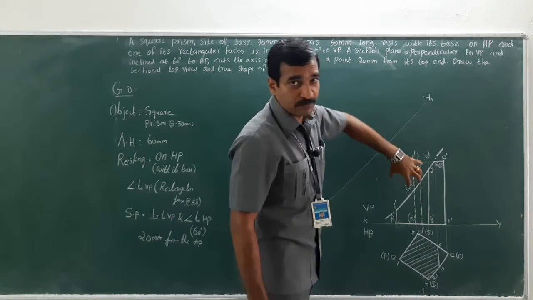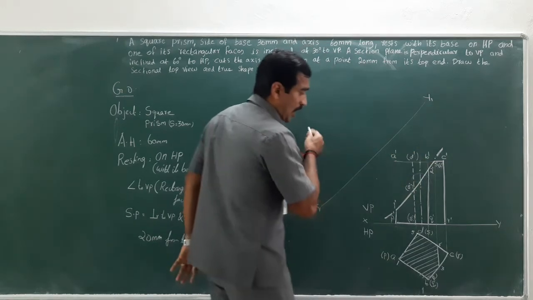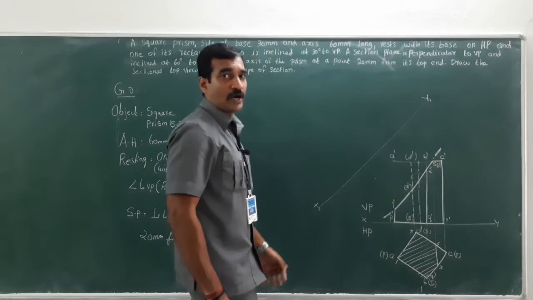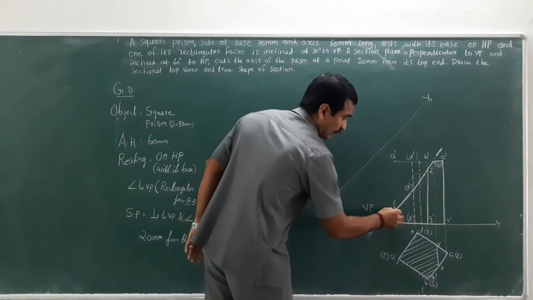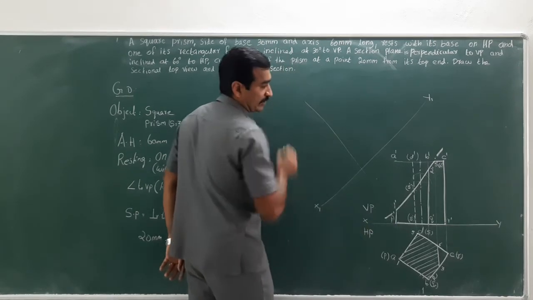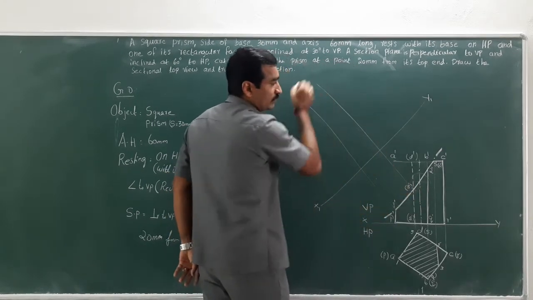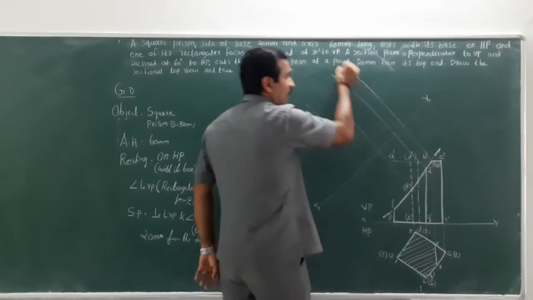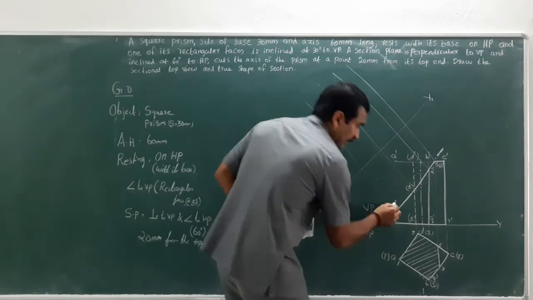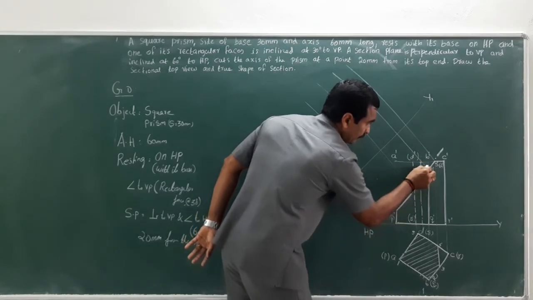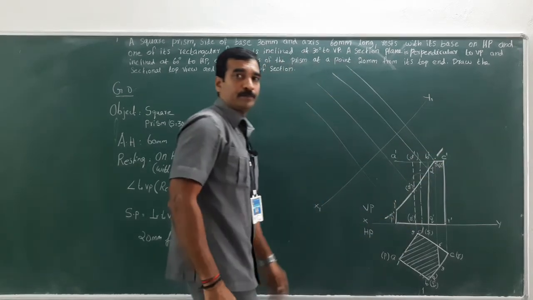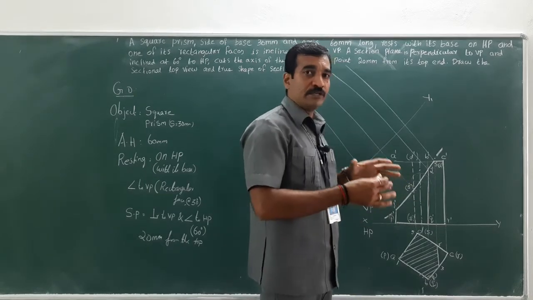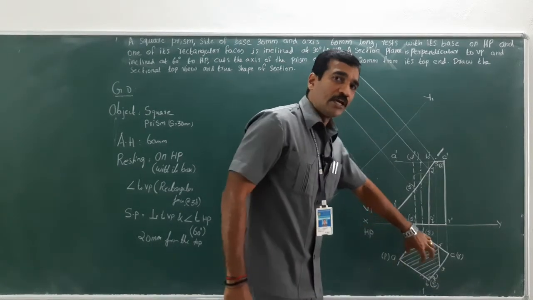When I look at the object at 90 degree, I need to draw 90 degree lines from each newly created corners or edges. So 90 degree line from here. Extend this from each and every newly formed edge or corner. I extended. This should be 90 degree. This should be 90 degree. This should be 90 degree. Should be 90 degree. Clear?